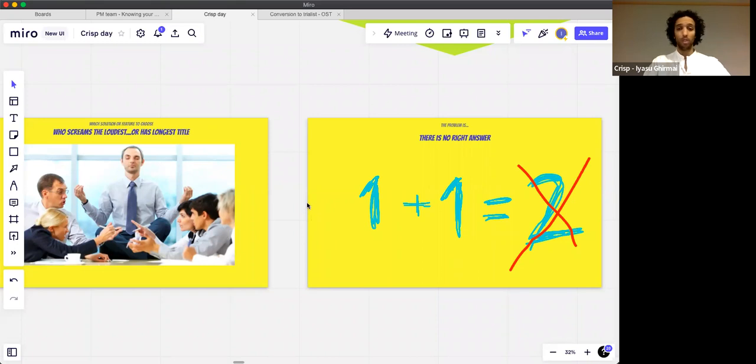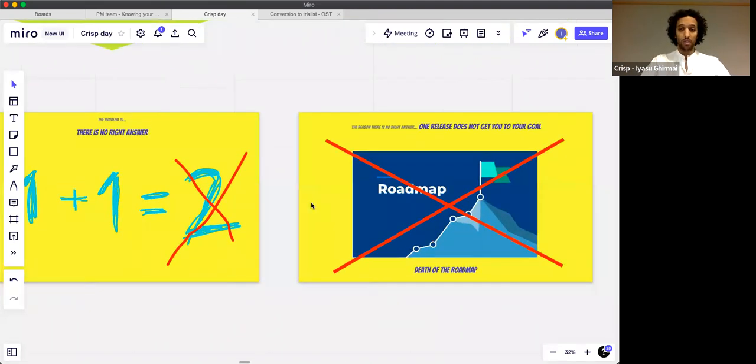If we focus all our bets on one solution and then we launch it, it doesn't automatically make it successful. I think Thomas mentioned that as well: you work your way all the way up to release, and then, so what? And this is why people have been talking about the death of the roadmap for quite some time. I love to talk about this, so let me know if anyone wants to grab a coffee